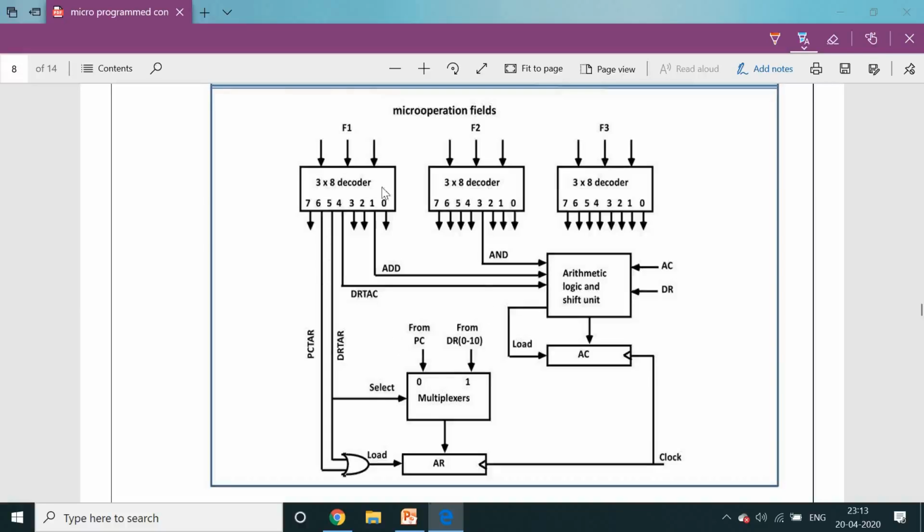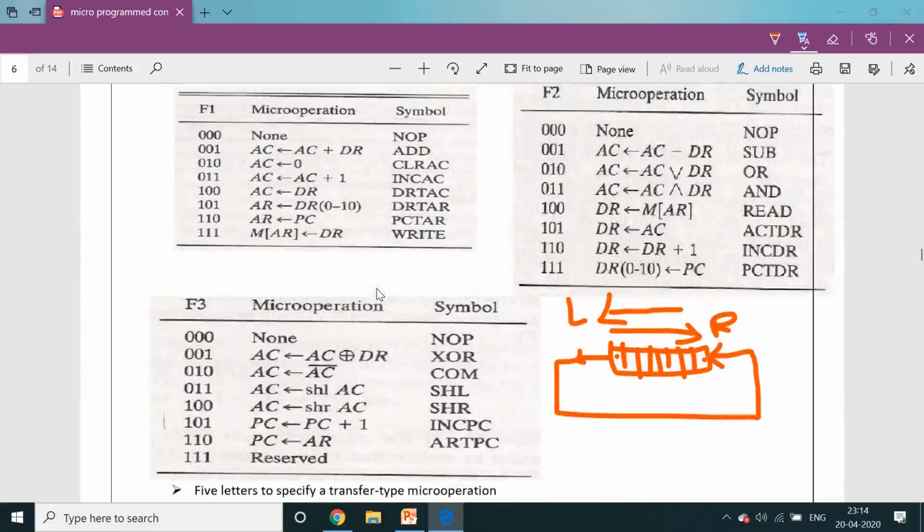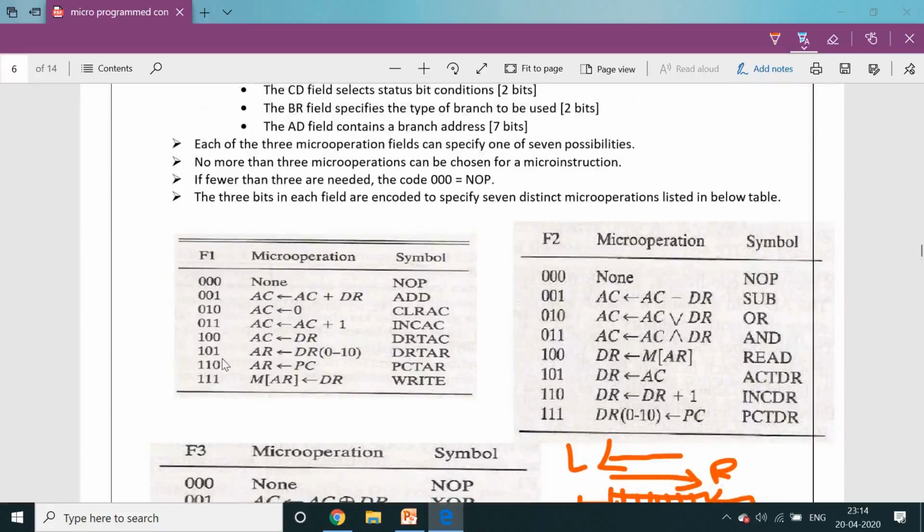Next decoder fields, different fields: PC to AR, DR to AR. Same here in this case. One more operation, just check this one. That means field 1, micro operations 5 and 6. That means DR to AR, PC to AR. Field 1, micro operations 5 and 6.